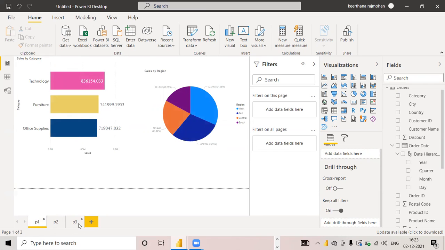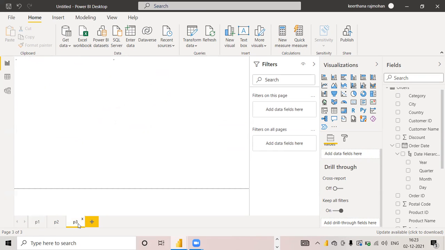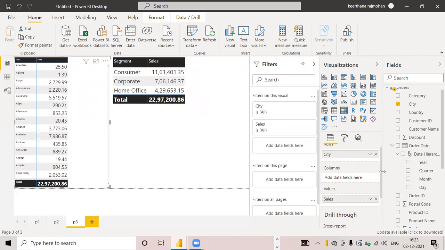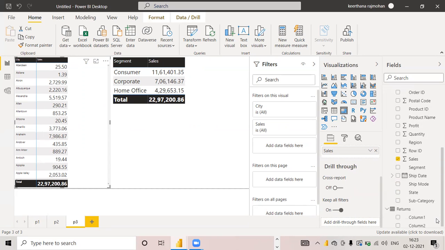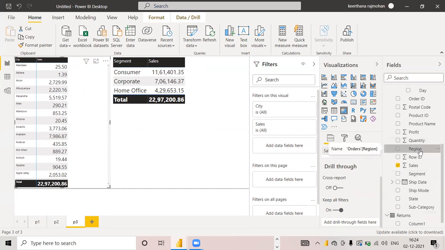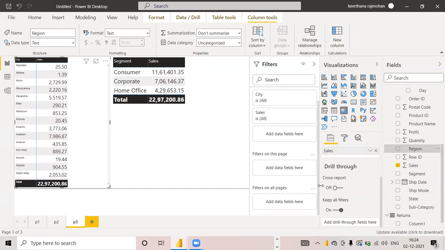Again we'll see another example. In P3 we have city and segment wise sales. Here I'm dragging region to add drill through fields.